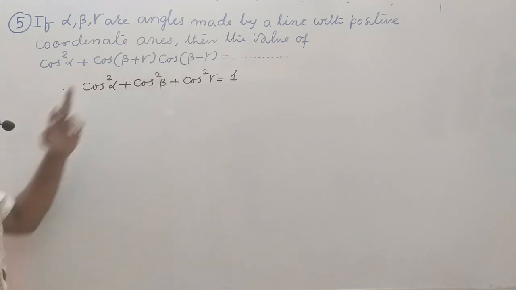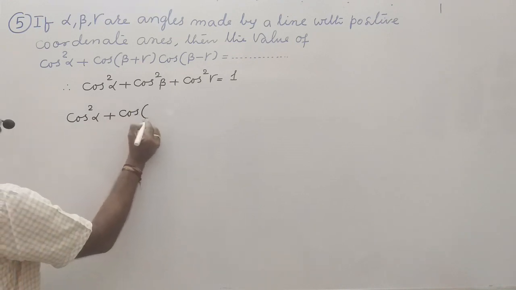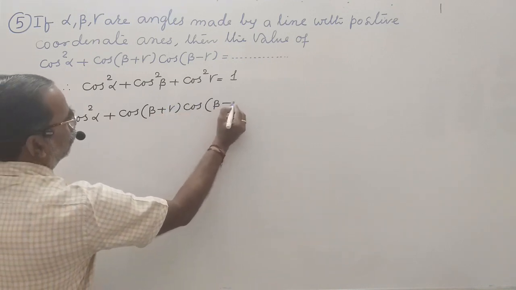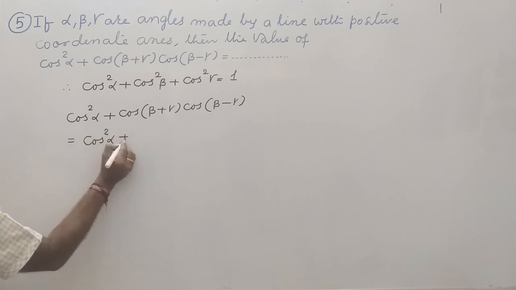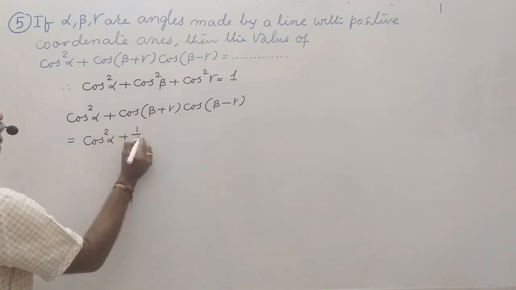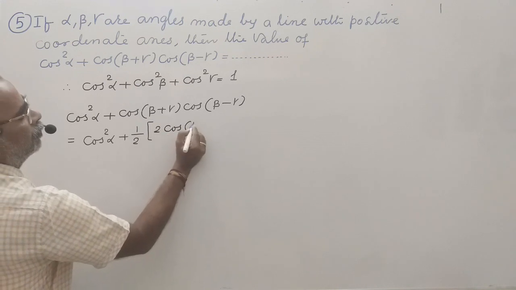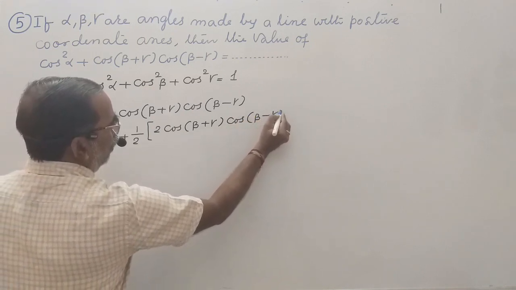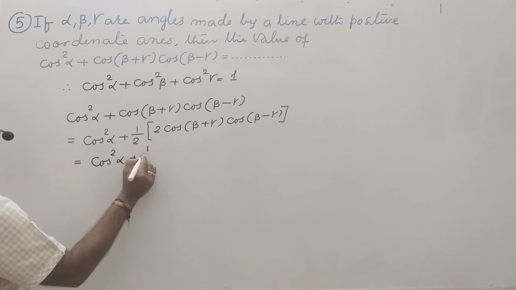Now to find the value of this, let us take this one. Cos square alpha plus cos of (beta plus gamma) into cos of (beta minus gamma). So let us find this value. Cos square alpha, and I will take this second term, it is a cos product. So I will multiply and divide with 2. Then what is this? 2 into cos of (beta plus gamma) into cos of (beta minus gamma) is equal to cos square alpha plus 1 by 2 into,